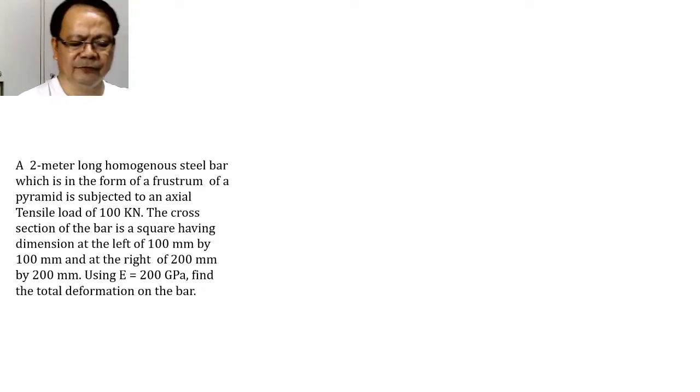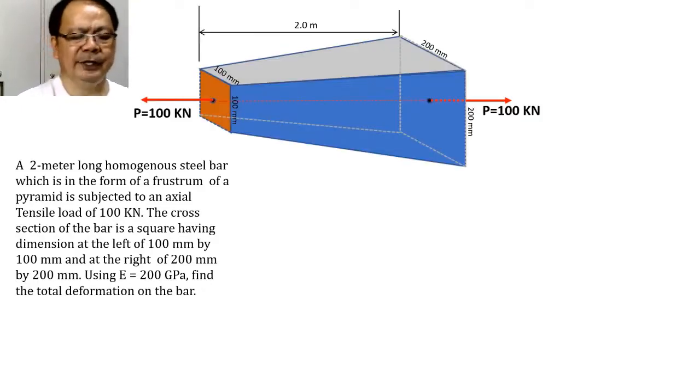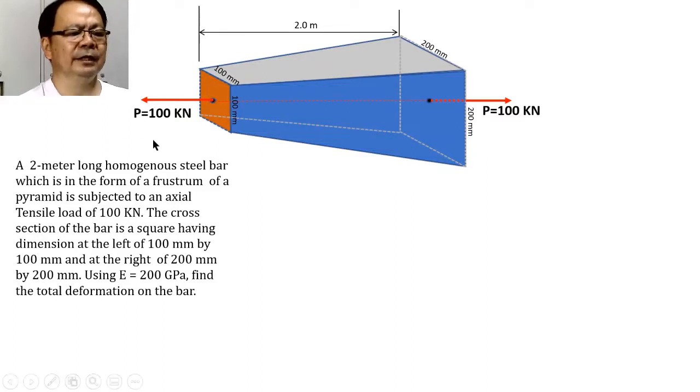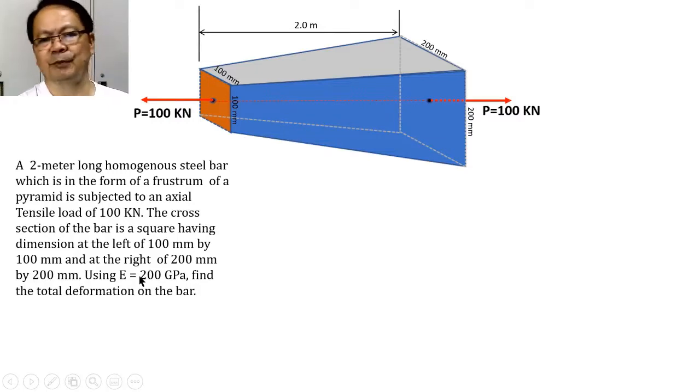Guys, ito yung figure ng ating problem. I have here a frustum of a cone whose length is equal to 2 meters. The cross-section of the cone on the left is a square having a dimension of 100 mm by 100 mm. Samantalang dun sa kabila, we have 200 mm by 200 mm. This bar is subjected to an axial tensile load of 100 kN. And considering that we are given the modulus of elasticity of 200 gigapascal, we have to find the elongation